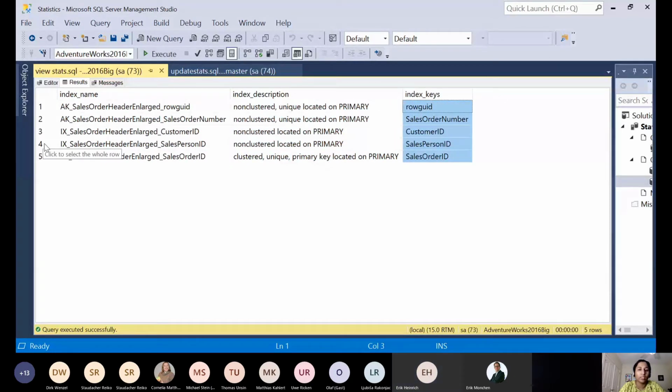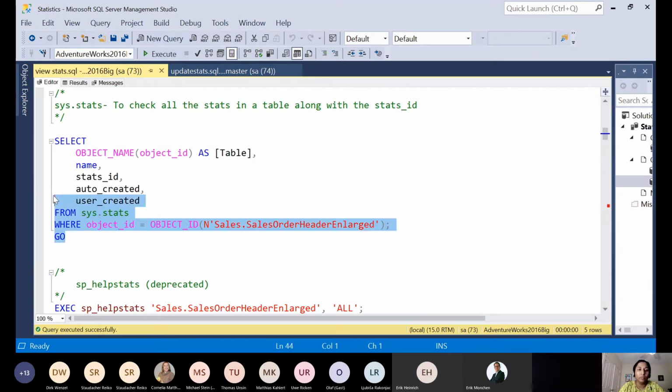So mainly we are focusing in this demo on the non-clustered index on the CustomerID column. So whenever we create this non-clustered index, SQL Server will automatically create statistics on this particular CustomerID column as well.